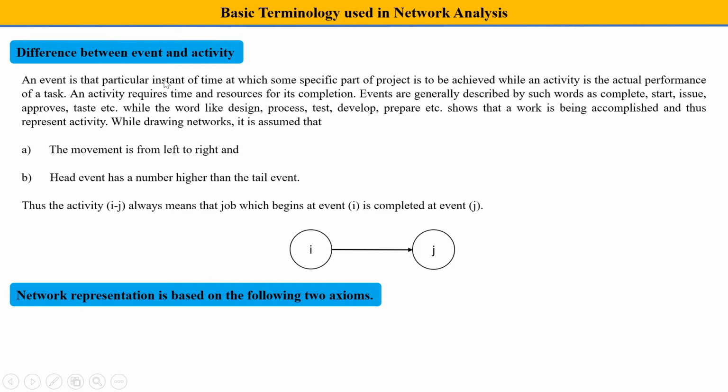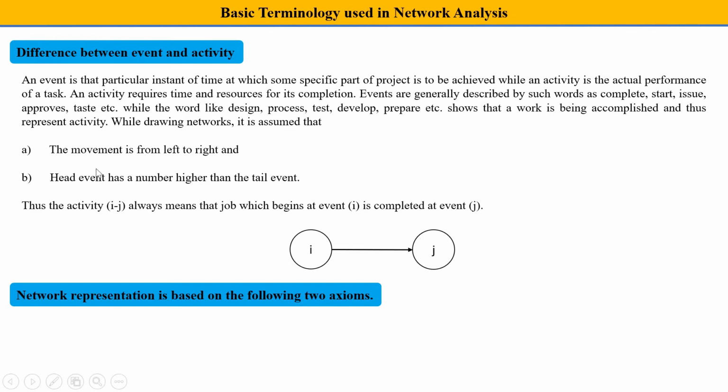Now, the difference between event and activity. An event is a particular instant of time. That is what you have to remember. Like for an example, let's put one example over here so you can understand it. For an example, I want to sharpen a pencil, and it will take 30 seconds. So for an example, I started at 10 a.m. That is my start event, and I complete at 10 and 30 seconds. So this 10:30 seconds will be the end event. While what I'm doing, cutting and removing material from the pencil, is nothing but an activity.